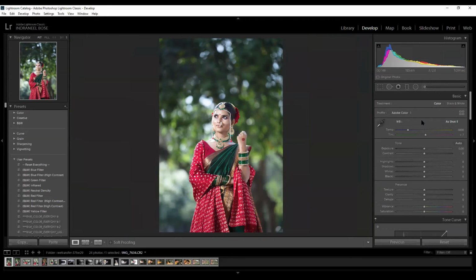Is there any way that after maybe one year, we don't remember in which profile we shot that photo, to find out in which profile I shot that? It's only with the default camera software. Canon provides a default camera software, Nikon provides a camera software where you can see which picture profile you have clicked with. But with Adobe Lightroom and Photoshop, it won't show the